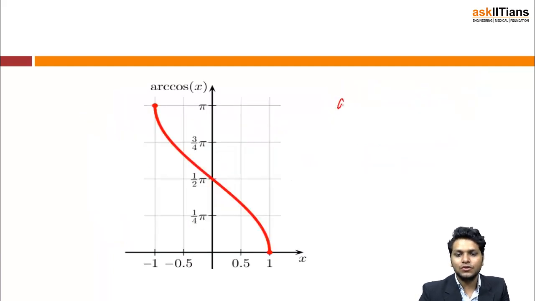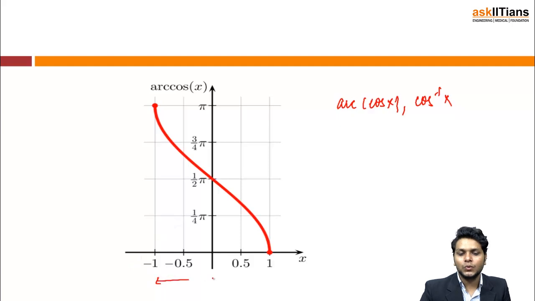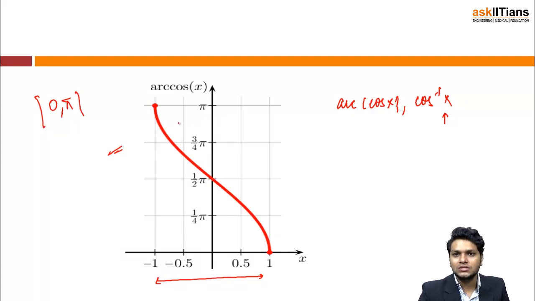This is the graph for arc cos x, or similarly cos inverse of x. This also says that the inputs for cos inverse of x range from -1 to 1, but the value that the function gives as output ranges from 0 to pi. This is how we define arc cos x, and on a similar basis I can have all the 6 trigonometric ratios defined in their inverse format once we have understood all the different concepts in this chapter.